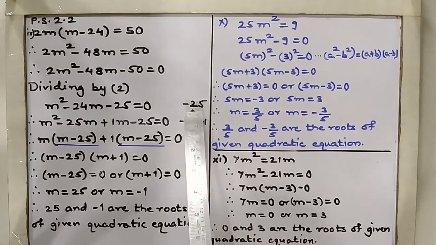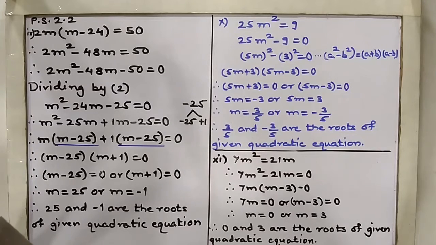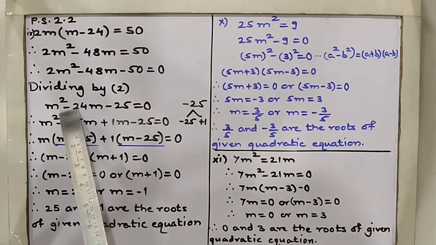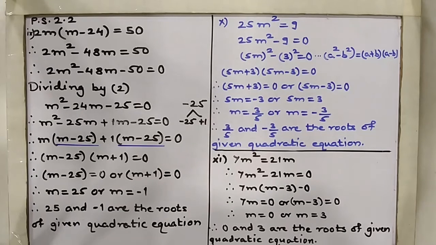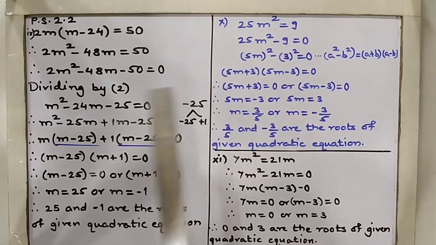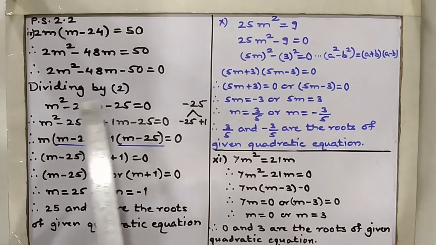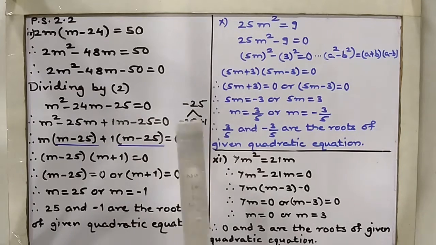The product that we want is negative. So it means that one of the numbers will be negative and the other number will be positive. But since the sum that we want is also negative, so it means that the bigger number will be negative and the smaller number will be positive. So we'll take two numbers. One of them is minus 25 and the second one is plus 1. Minus 25 multiplied by plus 1 is minus 25 and minus 25 plus 1 is minus 24. So it means that both the conditions हमारा satisfy हो रहा है. So these two numbers are correct.